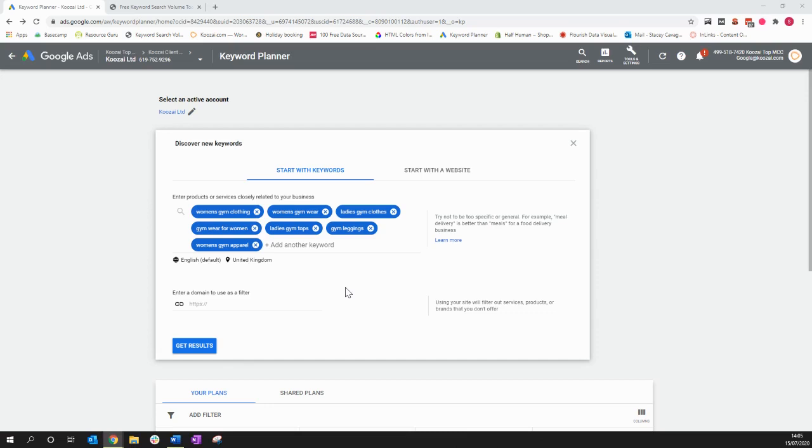So we'll start with Google Keyword Planner, and you'll first need to think about some of the main keywords which may be relevant to your topic, and Google will help you out with some more. So for example, if you were going to write about women's gym clothing, you'll want to include some terms like I've already populated here on the screen, plus any extra variants that you think might be relevant and may have some search volume behind them. So after you're happy with what you've popped into here, you can click on Get Results,